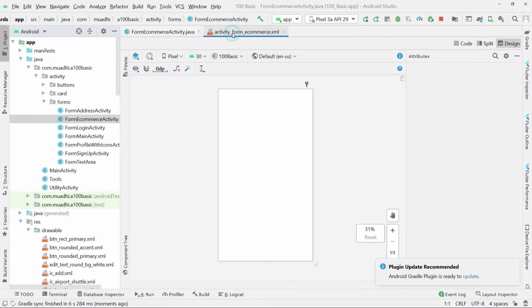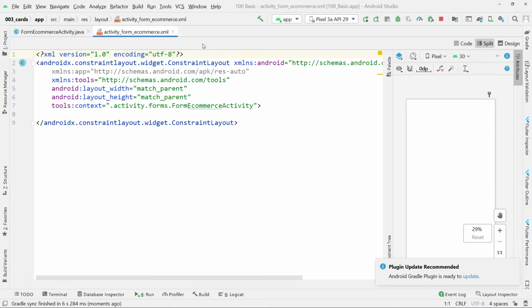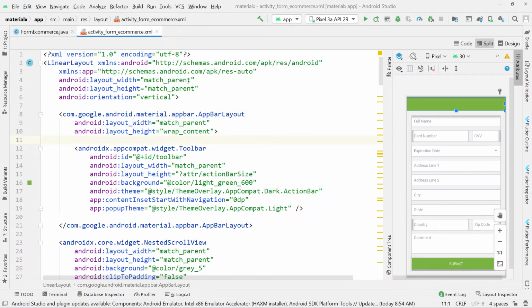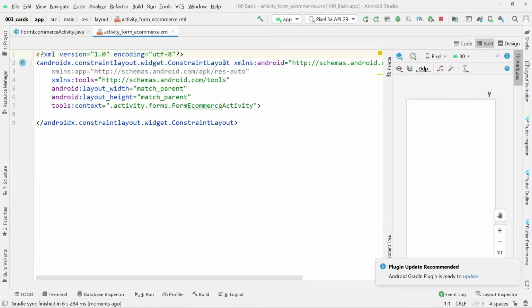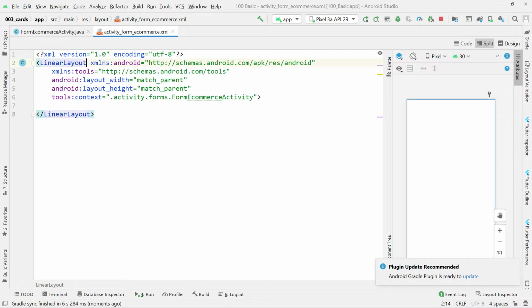I'll go to the front end and click on split so that I can see the code and the design. Then I'll collapse this one so that you have enough space to work with. I've already created this form as usual, and here we'll first change this constraint layout to a linear layout. Then we'll give it orientation